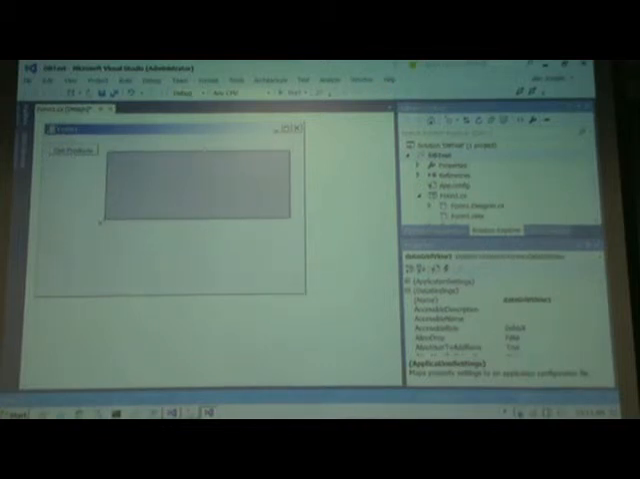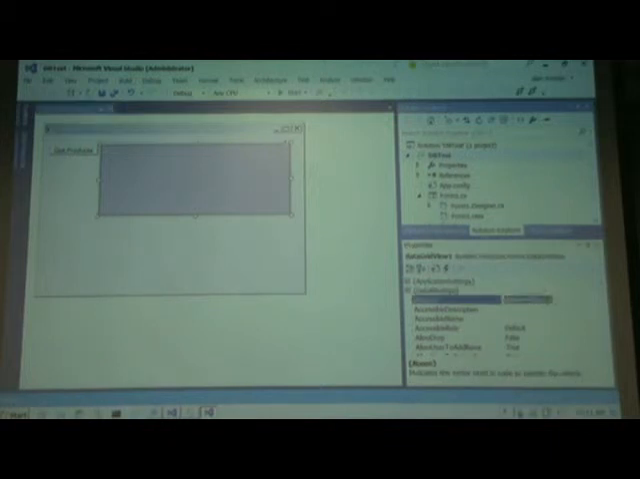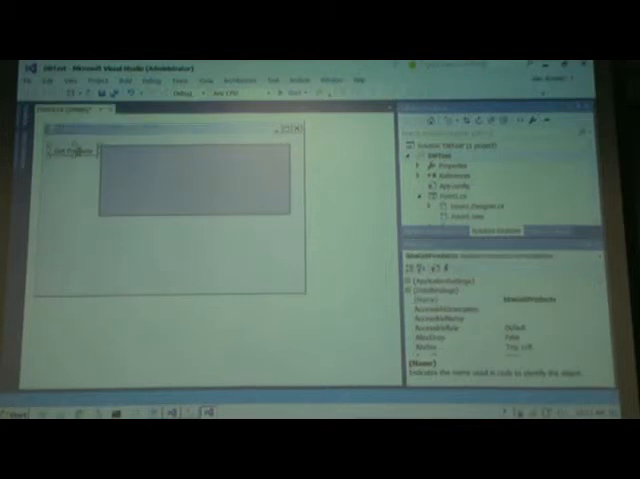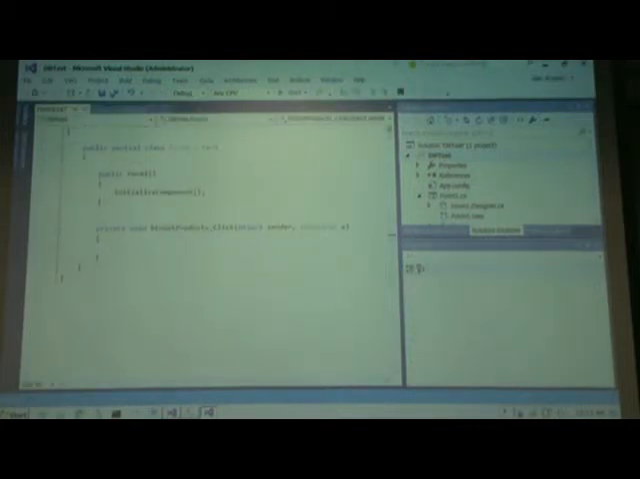So anyway, once we have the Data Grid View, let me just call it DG1. Okay, so that's the name I gave. Now if I double click on Get Products, I'll write the code